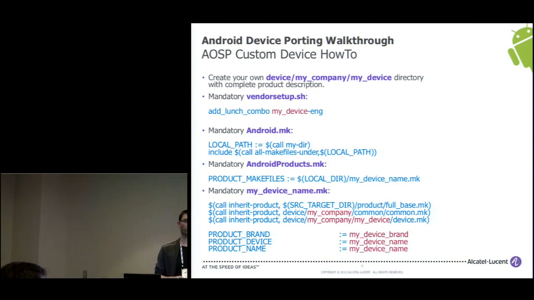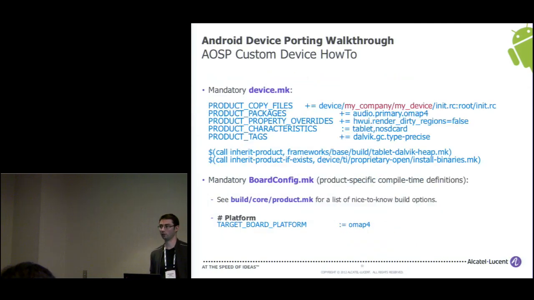Of course, the best thing for that is to copy from some generic device or some device that is close to the one that you want to build. This is the place where you can, for example, modify the product brand, the product device, and the product name, which just describe your device. And the values that you put here will be really important because they will be used later on by some scripts within the runtime system.